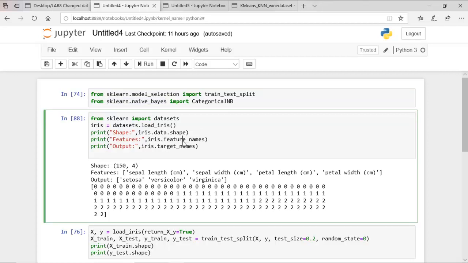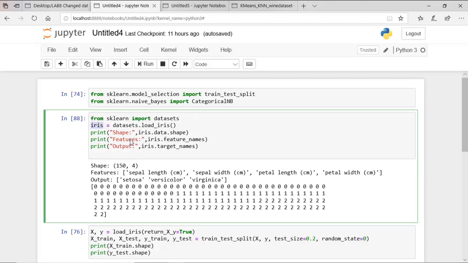So instead of loading the dataset from Kaggle or UCI or any repository and storing it back on our system, today I am going to show you how to load a dataset which is part of sklearn itself. sklearn supports a list of datasets. From sklearn, import datasets. The iris dataset, which we have already seen in an example, is available as a default dataset in sklearn. So iris is equal to datasets.load_iris, that is, load_ followed by the dataset name. This iris is an object which will now have all the values.